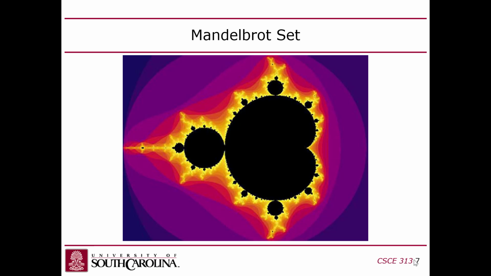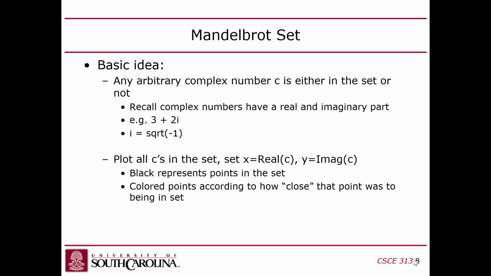Right? So if I just randomly point to any pixel, that pixel will have an x and y value, and if I'm pointing to a black area, it means it's in the set, and anything else, it's not in it, but depending on how bright the pixel is that I'm pointing to defines how close it was to being in it. Okay, so now